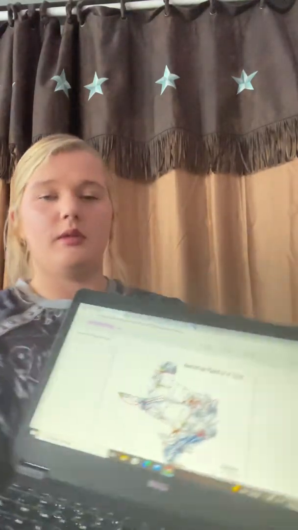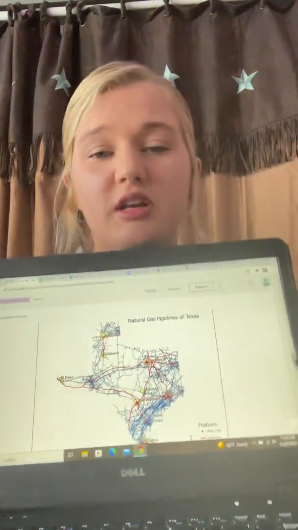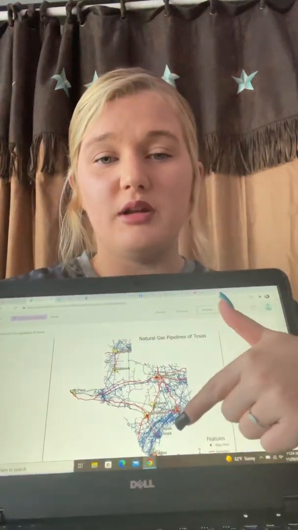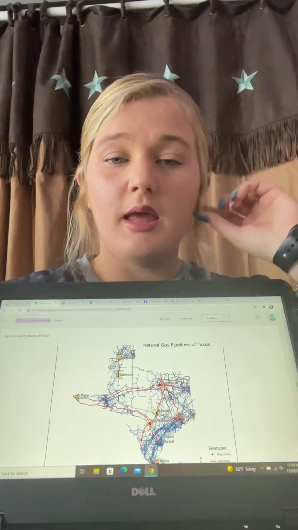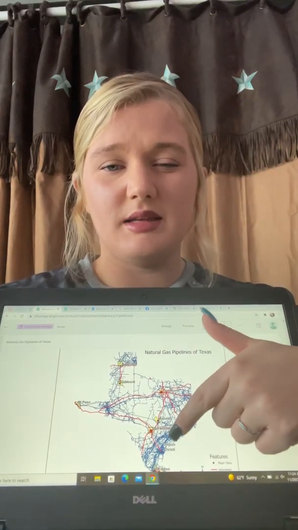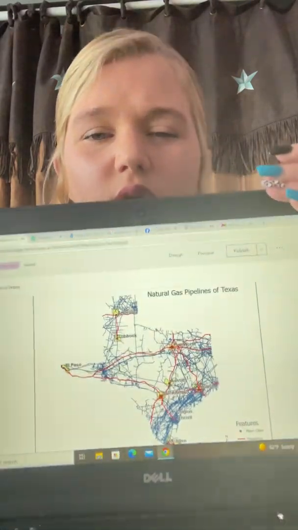And this is my final map. My interstates are in red. All the pipelines are in blue. You can see how many there are. My counties are behind in the yellow, and then it's a little hard to see on my computer, but